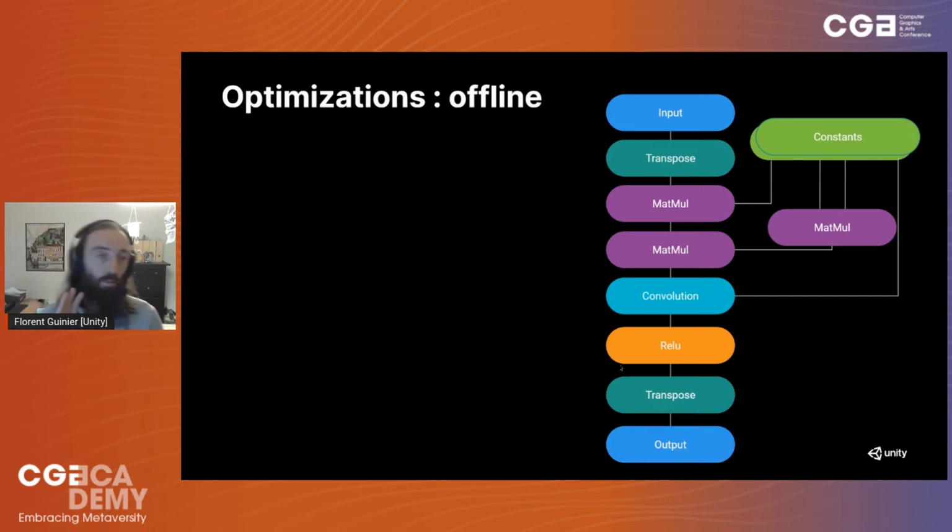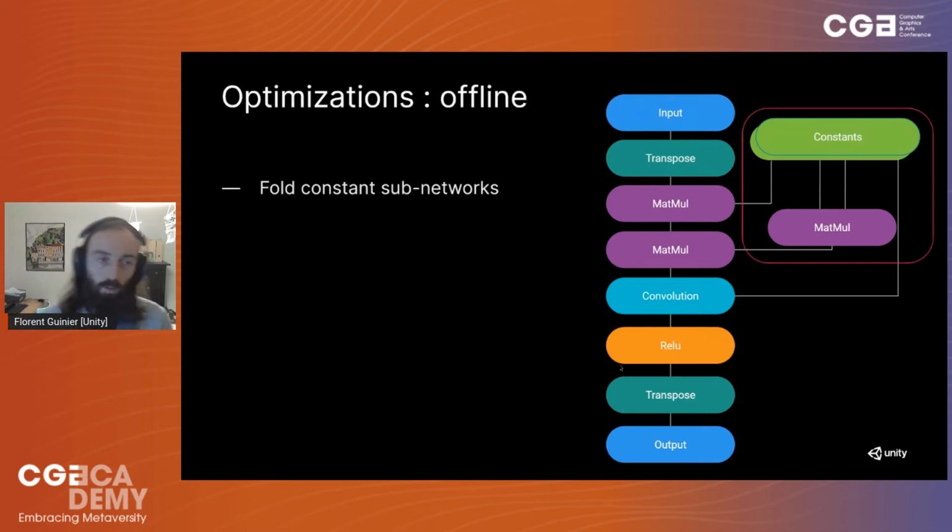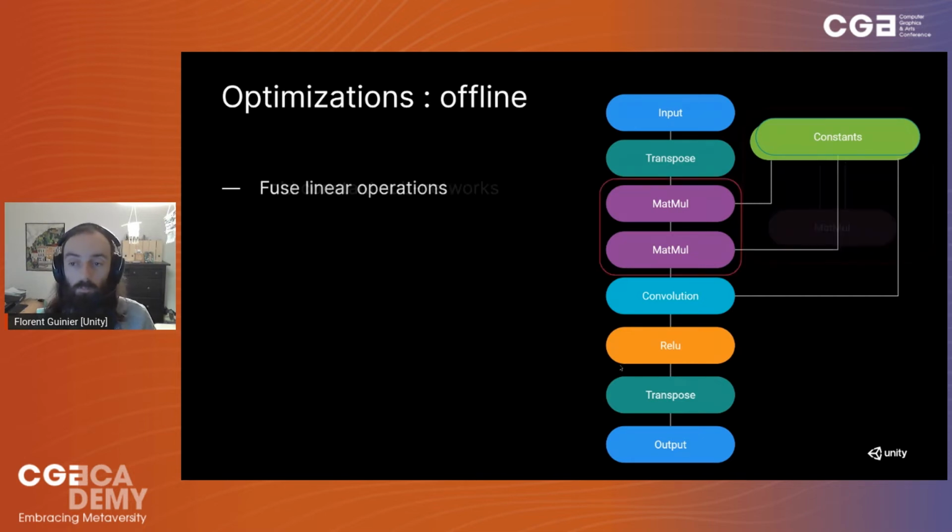This is not a real model, just a toy model as an example. It doesn't do anything. Let's see what we can do with this model. Let's say you import this thing in Unity using Barracuda. So we will first look at the constant. On the right, you get a matrix multiplication layer from the network, but both inputs are constant. So there's no reason to run that at runtime. So we compute it at import time and store it.